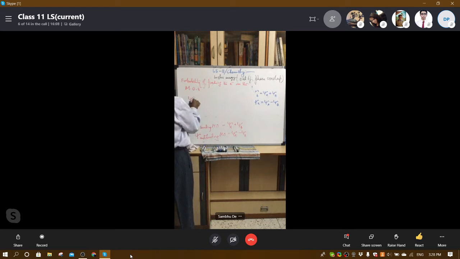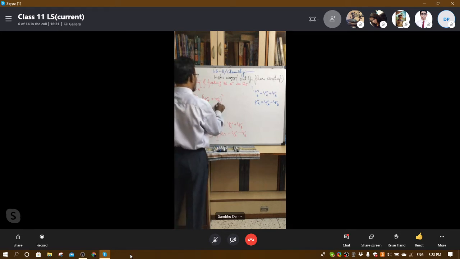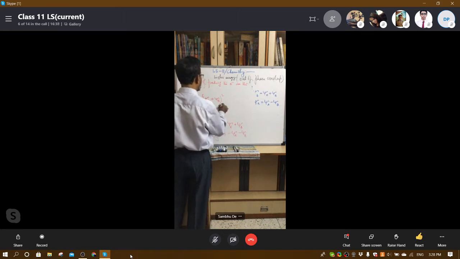Probability means psi bonding square. It is bonding interaction, which will be psi A plus psi B whole square, which is equal to psi square A, individual probability, plus psi square B, plus 2 psi A psi B,